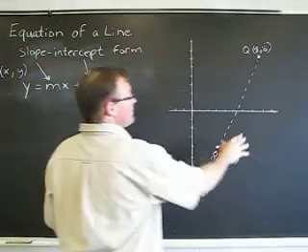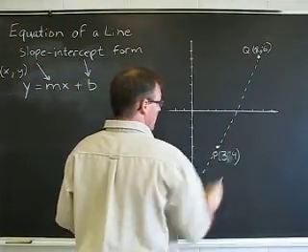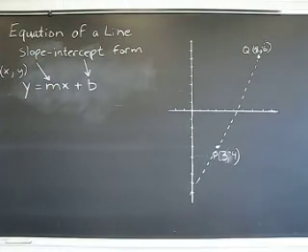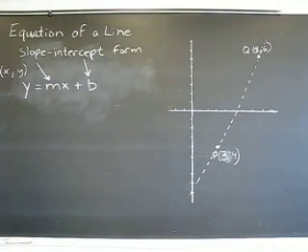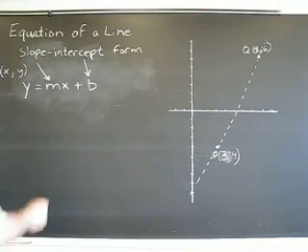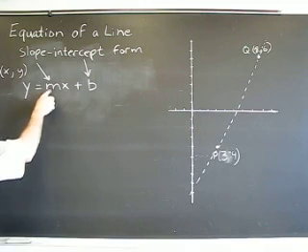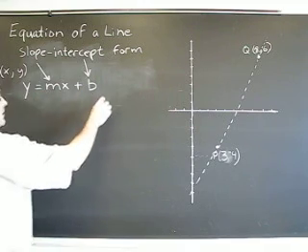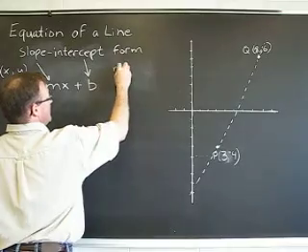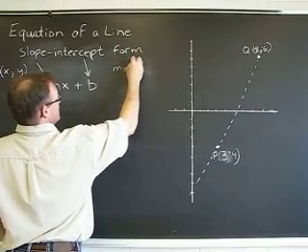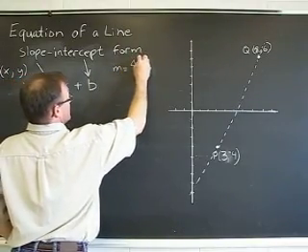By the way, if there are 3 points, they might form a line. Otherwise, they would form a triangle. So, how are we going to find the equation of this line? Here are the pieces we have to look for. First of all, the slope. We use the formula m equals delta y over delta x,